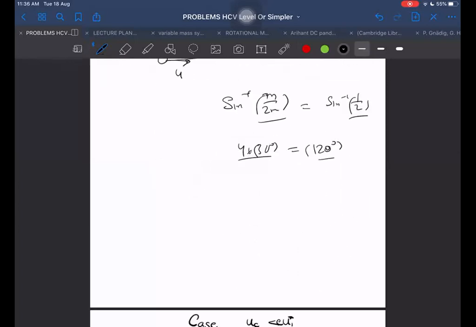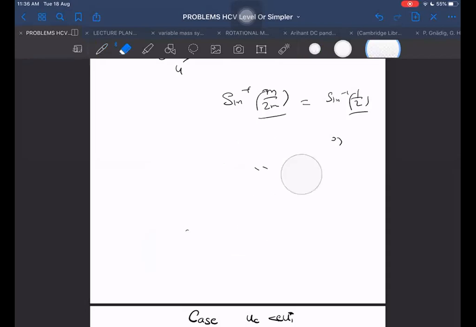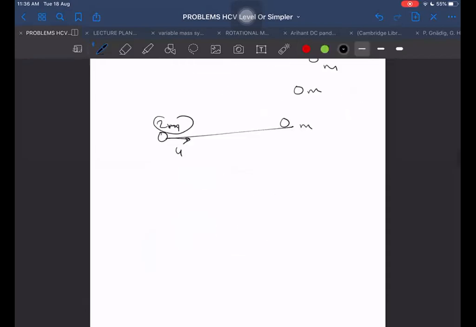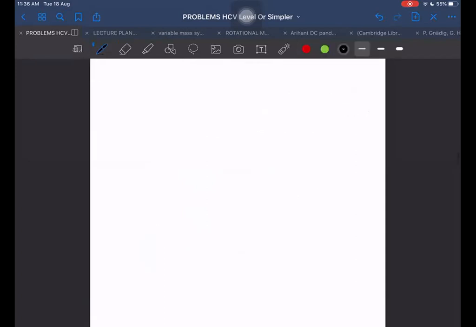But how to arrange these so that this can be achieved? We have to arrange them in such a way that after collision it goes to the second particle, then after collision again to the third one. It should go to the first, then second, then third, and then come back. At last, the total angle should become 120 degrees. Can you arrange it in a proper way? How to arrange this to achieve this? Can we arrange these in the form of a regular polygon?